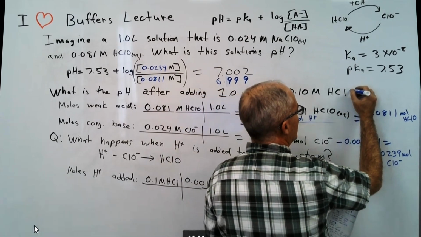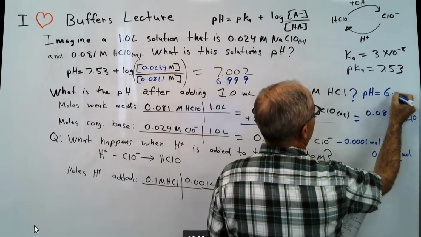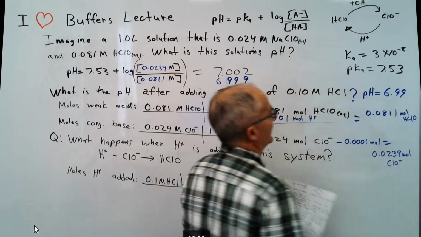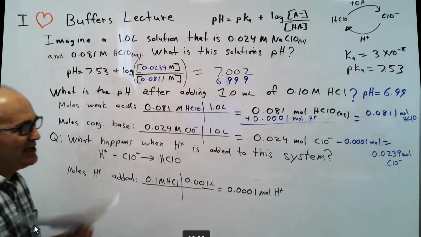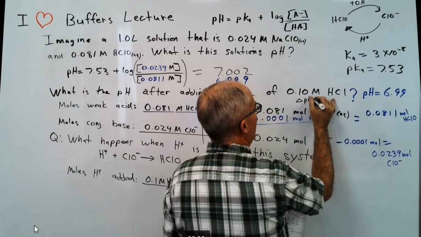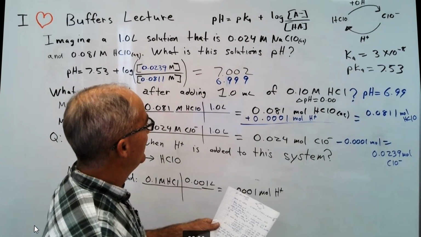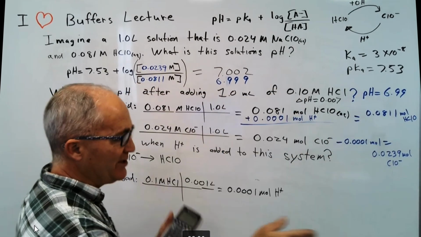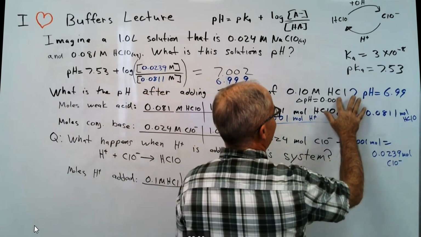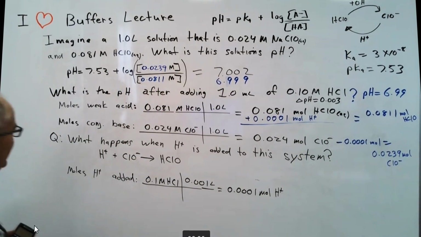So we've answered the question. pH now equals 6.99. What type of change of pH is that? Well, I subtracted these numbers and I got 0.003. I'll go with that. So quickly,